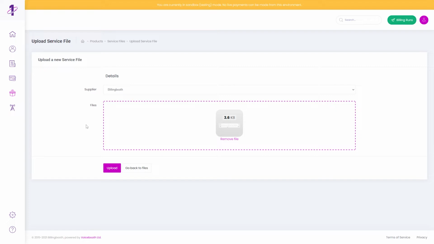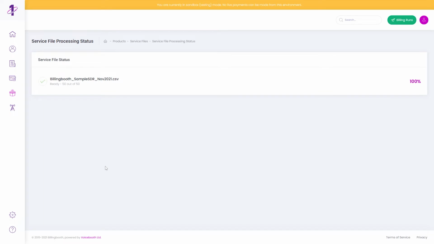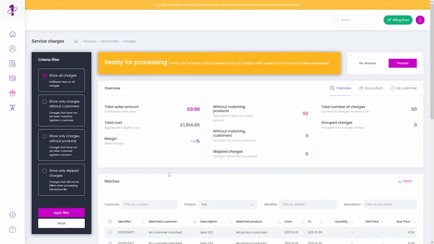With your file appearing in the Files field, you're able to then click the Upload button to upload the contents of the file to your Billingbooth One account. After the service charges featured on the service file have been uploaded, you'll be taken to the Service Charges screen. The criteria filter on the left will already be set to show you all the results from the service file